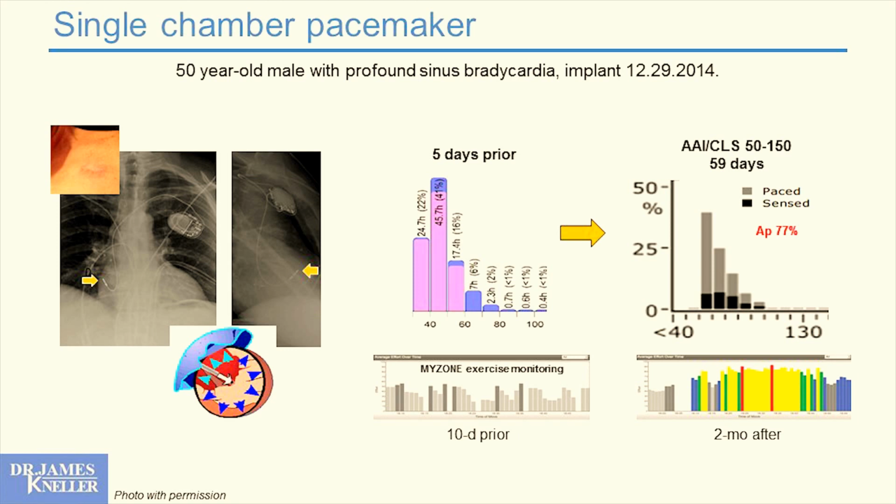Here's actually a very good friend of mine, 50 years old, always feeling sluggish. We put a monitor on him for 5 days, showed his heart rates were exceedingly slow, implanted him with a single chamber pacemaker, 77% pacemaker burden, normalized his heart rates, and you can see the difference in his exercise regimen from 10 days before the pacemaker to 2 months after, and how beautifully that fills it out with very simple